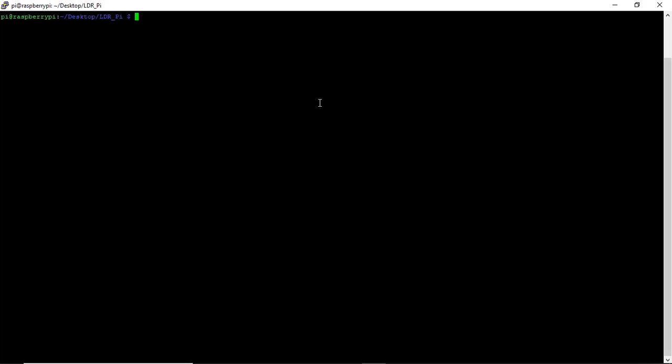Once you've got your board booted up, you get access to our terminal here. I've entered the directory in which I've placed the files already. Before you start running the program, you just need to install 2 or 3 modules. I'll be showing you them in the code explanation part. You could get those modules on the net, install them and get your program running. So now I'll directly run the program. Now my program is running. Let's get back to the hardware and the ThingSpeak cloud to see the output.